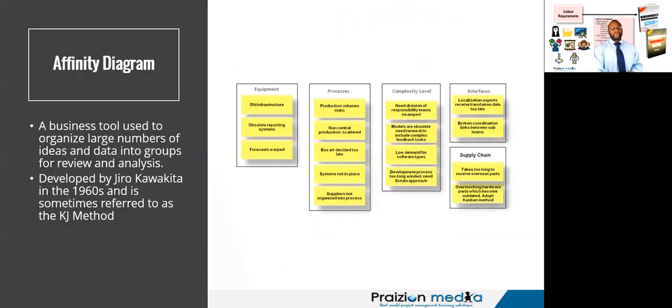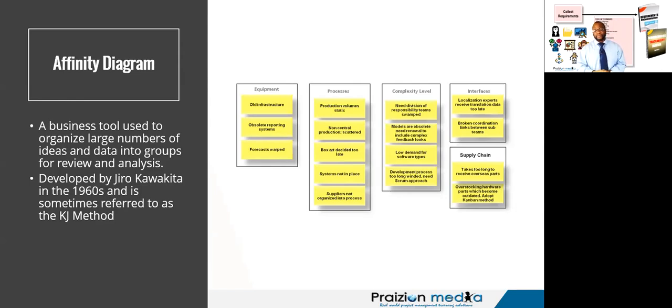The next thing you can use is affinity diagrams. Affinity diagrams are just a diagram that you can use to categorize your requirements into groups. So in this example, you can see the affinity diagram has been used, though not to collect requirements, but to group data. In this one, it was an idea about why the supply chain is failing or why a process